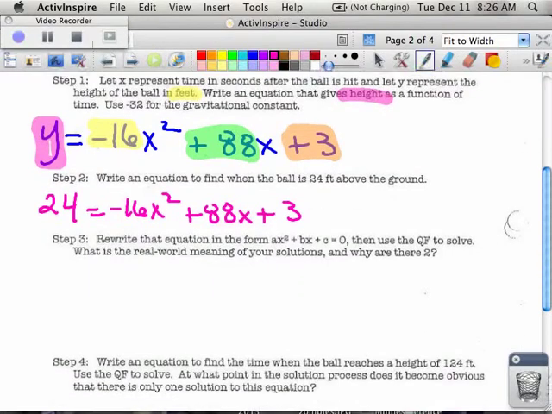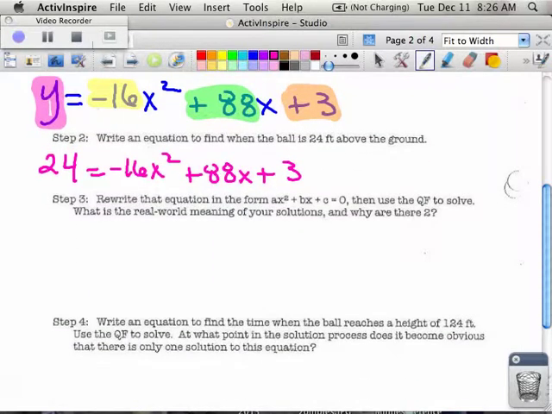And then we're supposed to solve that, but we're not really super familiar with solving equations that look like this. What we're much more familiar with is when it's all equal to 0. So what I can do is I can move the 24 to the